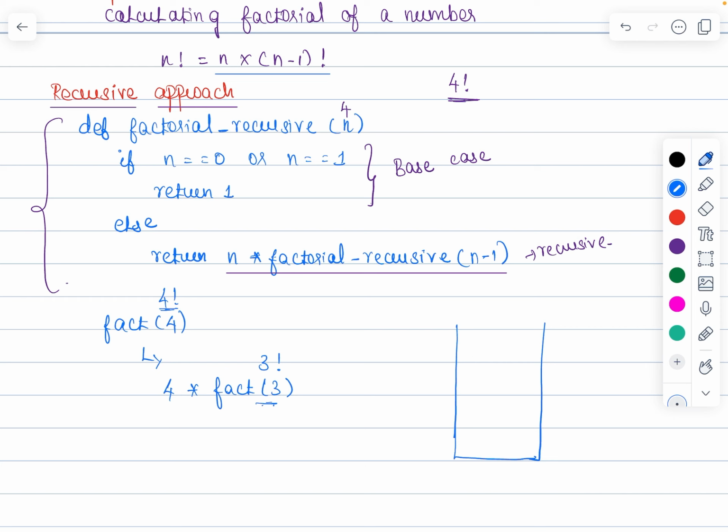So, when this completes, the call to 4 factorial will complete. When you know the answer for 3 factorial, you will get the answer for 4 factorial. Since this is a recursive call, you need to know 3 factorial, so the 3 factorial function should complete first. The execution of that should complete to know 4 factorial. Push 4 factorial